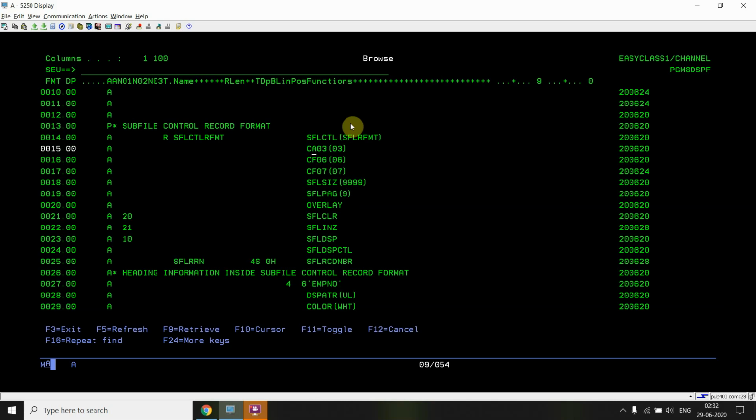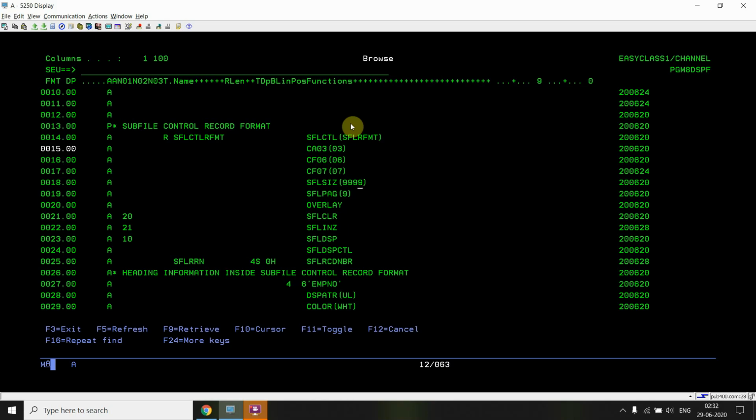So first is command attention, and the other two are command function. Command attention is just used whenever we don't need to pass the data from one screen to the other, and command functions are used whenever we need to pass the data. So here in this case I don't think that I have to pass the data, so I can also make them CA instead of CF, or I can make all CF also. It depends upon me.